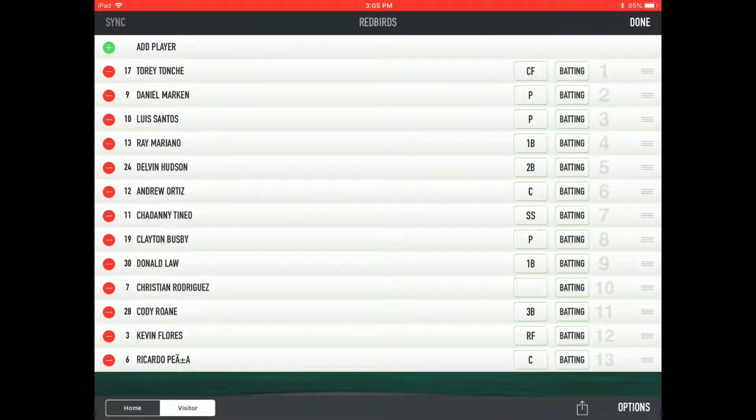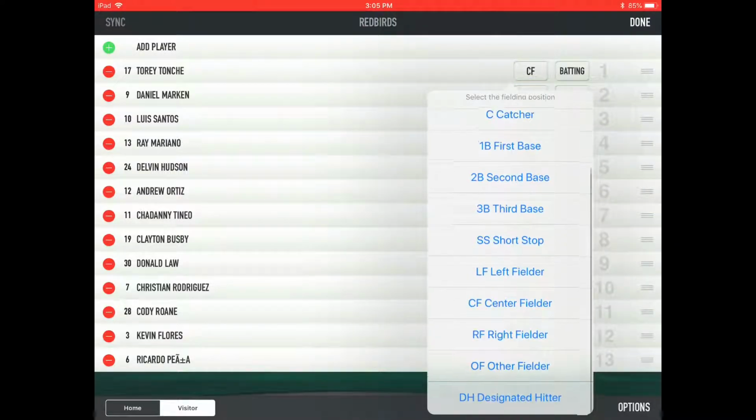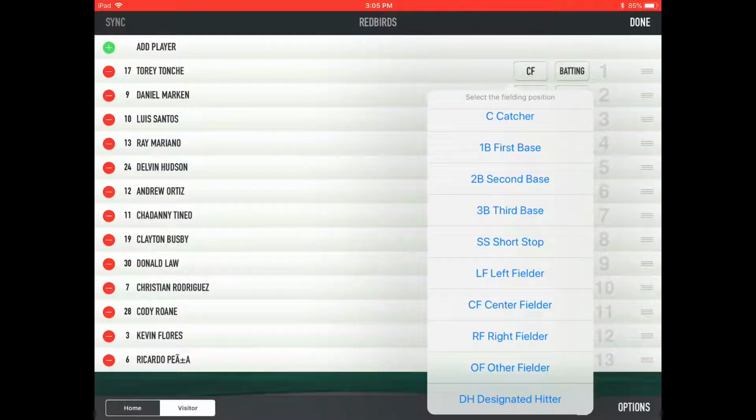Cool. Okay. All right, and then from here I'm going to go ahead and set the defensive position. So some of these I've already got preset in Sports Engine, so they're going to default to their #1 position, and then others I'm going to have to change. So you do that by tapping on the position itself. In this case, Daniel is going to be alternating with someone else in the infield,